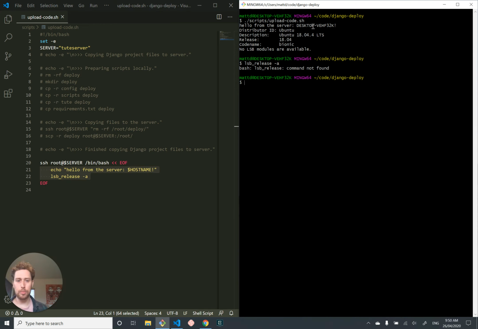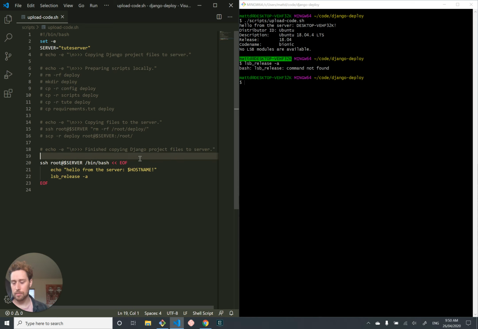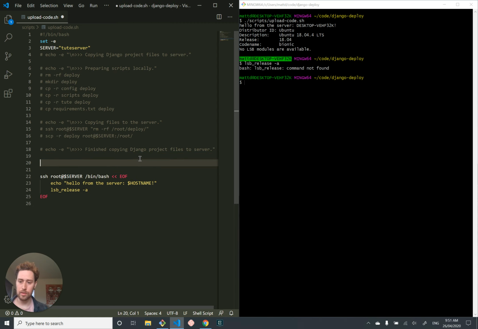But then it says hello from the server, desktop, VH, whatever. Now that's the name of our local computer. That is not the name of the server. The server's name is like, what do we call it? Django Shoot or something when we created it. So this hostname variable is not getting executed on the server. And that's something that we need to look into a bit more, because